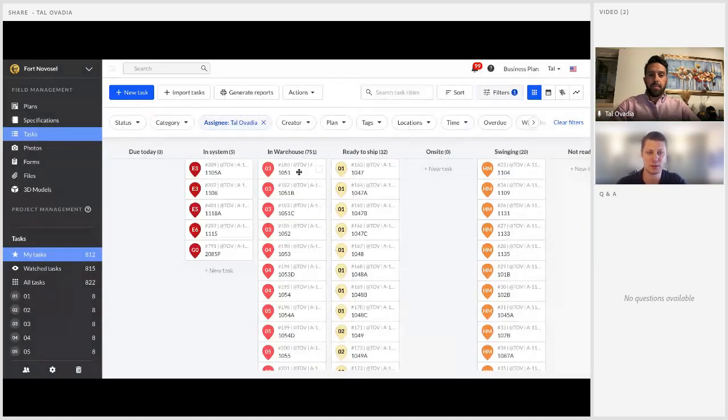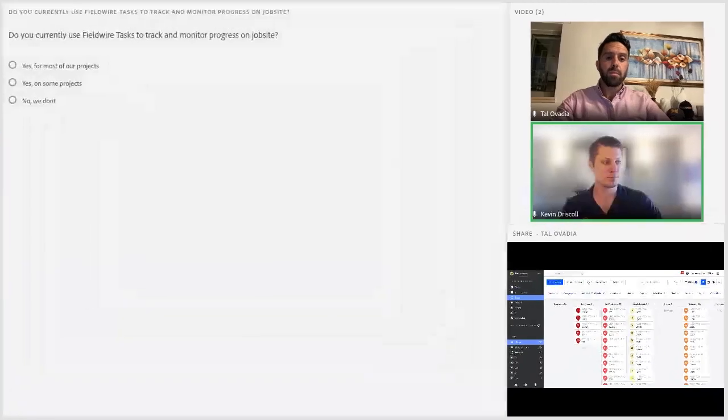Awesome. This is great, Tal. Obviously, you've got a ton of tasks in here, and this dashboard probably provides a really great insight into what percentage you're at on the project. Would love to dive deeper into how you're getting those in. But before we do that, I think we're going to introduce another quick poll question, right, Pranathi?